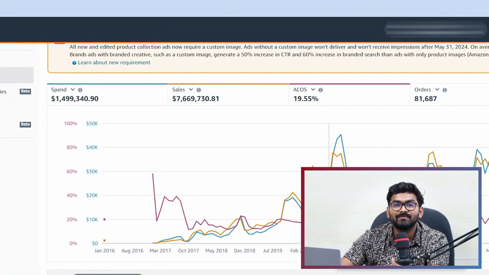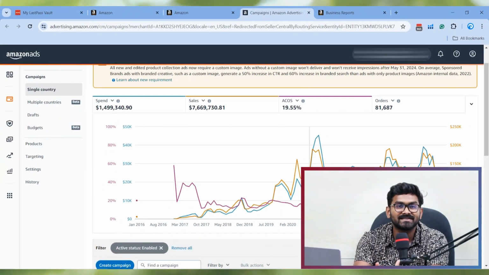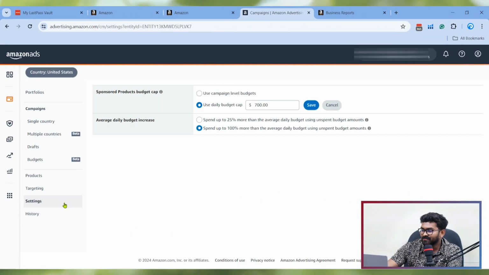So in that case, I am doing the PPC focusing on maximizing my profit. That's why I am minimizing my advertising budget from before. For example, previously, I used to spend over 1K per day or sometimes $2,000 per day. But now I have reduced my advertising spend. I am using a budget cap of $700 per day and I am looking for better profit. So I am optimizing this budget for each and every campaign, and I am trying to get better sales and also keeping the ACoS under control.